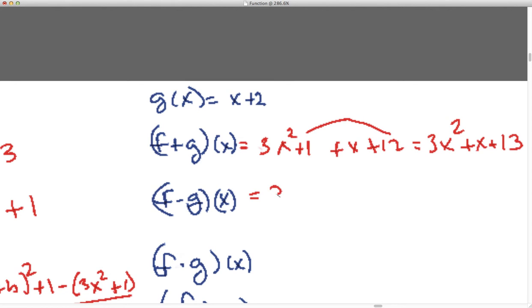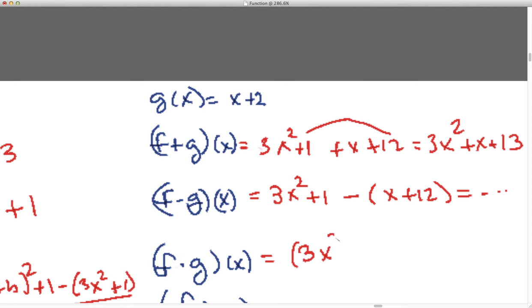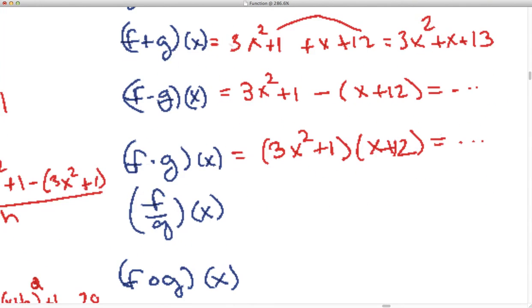Here on this one, don't forget the parentheses on your g of x. It's minus the whole thing. Okay. And then you get some answer. And then here you would have multiplication, so you would FOIL this out. And then there'll be an example video for each of these concepts, okay? So check those out. Here we have 3x squared plus 1 over x plus 12, and x cannot equal 12